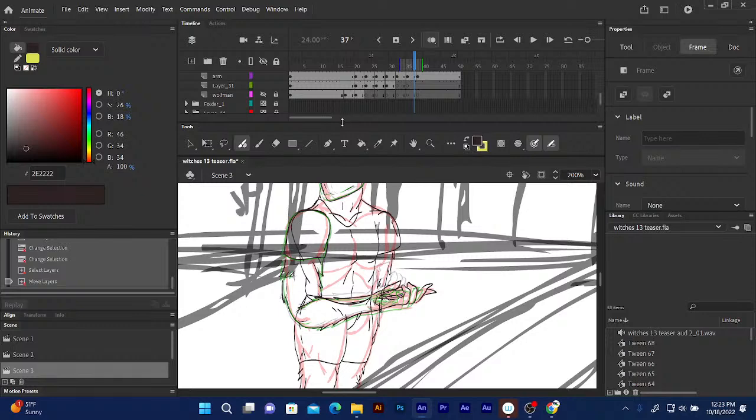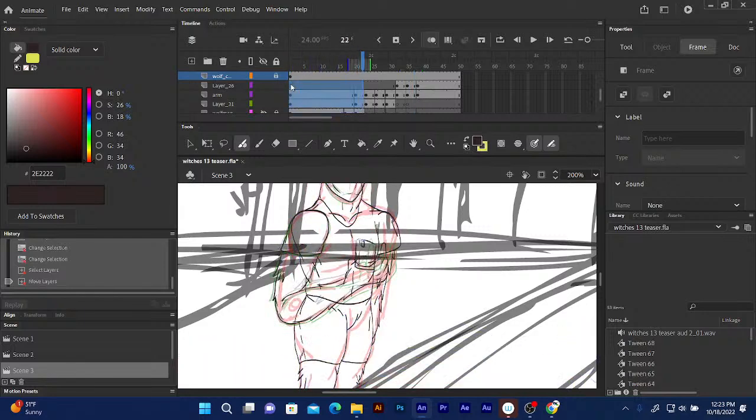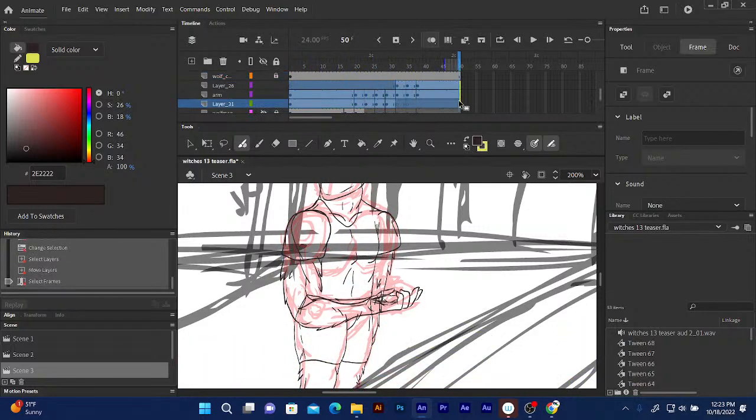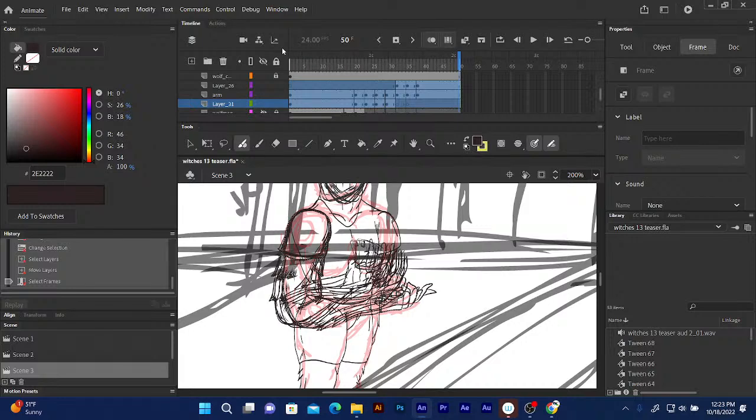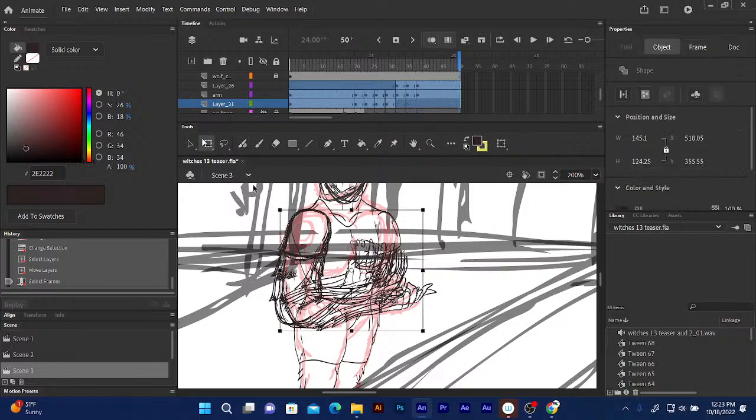So this is just one big trial and error that I learned from. So I am going to select all of these. I'm then going to select edit multiple frames. And I am going to move this to